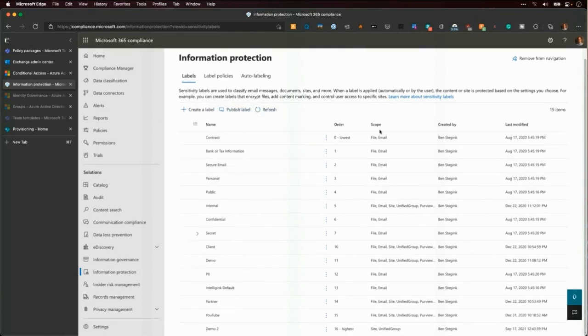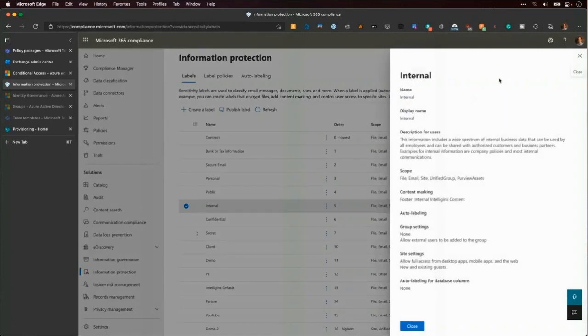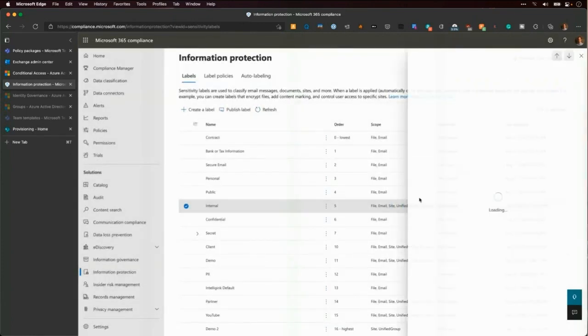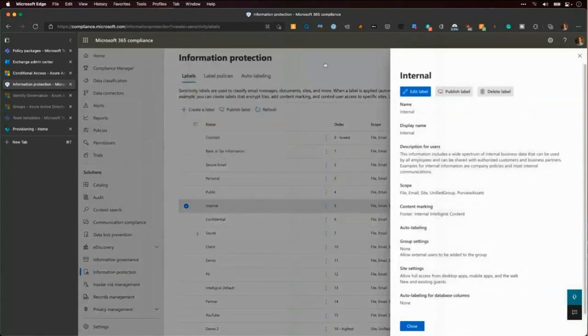So you can see I have a bunch of these already. And you'll even see I have different scopes here. A bunch of these are just files and emails. You'll notice some of these I have down here are sites and unified groups. Whenever you see unified group, think Microsoft 365 group.